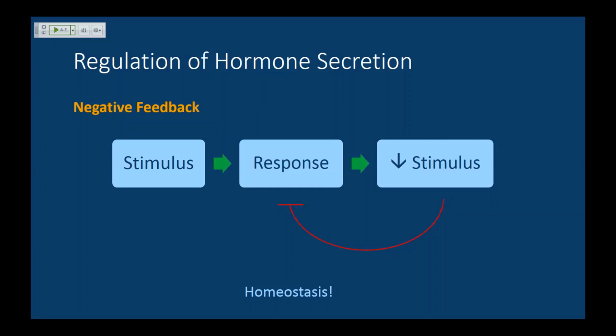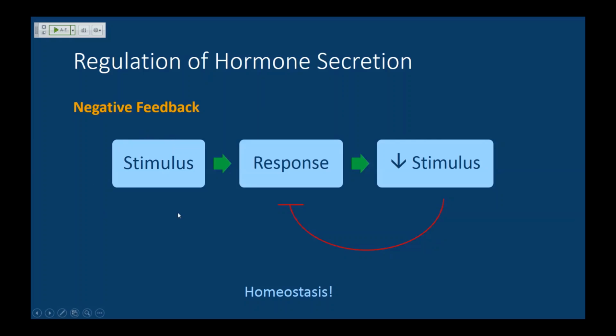And the big thing, the major concept in the regulation of hormone secretion, what's basically responsible for homeostasis in the body, is negative feedback loops, okay? So pay attention to this, because you can memorize hormones all you want, and you can memorize their actions, and you can memorize what they are. But if you can't trace a negative feedback loop, and you don't understand the concept of negative feedback, you will be absolutely lost when it comes to endocrinology. Because this is where the money's at. This is what's going to tell you what's going on and what's going wrong when something is going wrong.